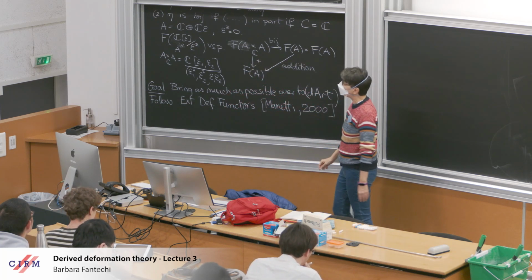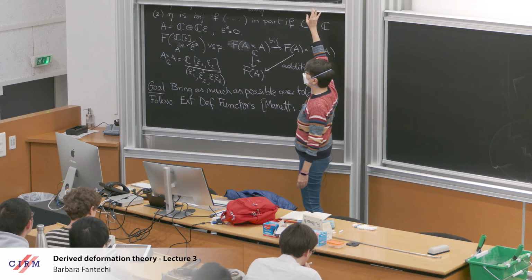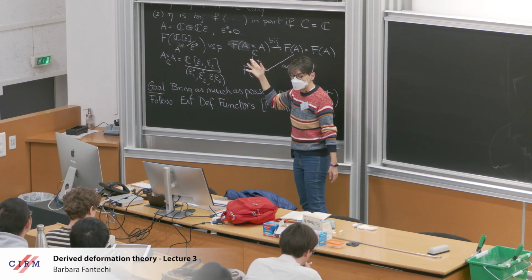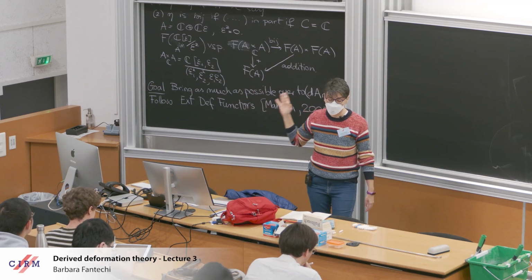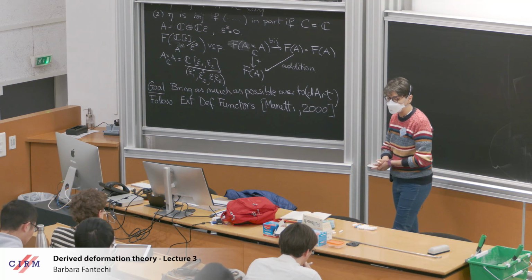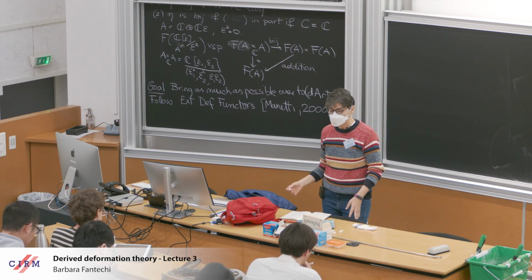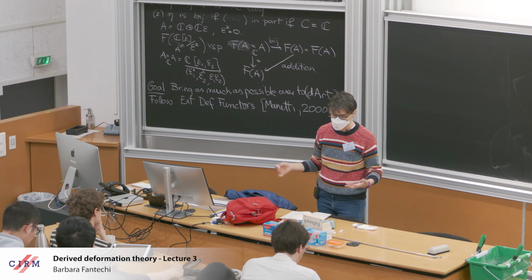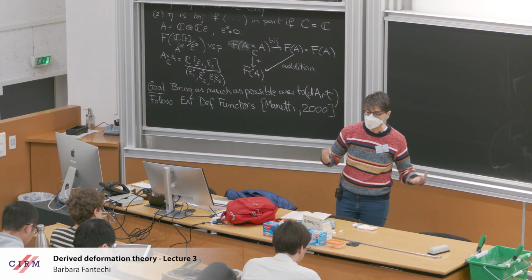And I want to point out the date to show you that higher tangent spaces were already around and can be defined. This is one paper, but again, it refers to a number of previous papers. So higher tangent spaces are not an innovation of homotopical derived algebraic geometry. They were there in infinitesimal deformation before that, which doesn't mean we want them to become global, but they are not new. Okay, so